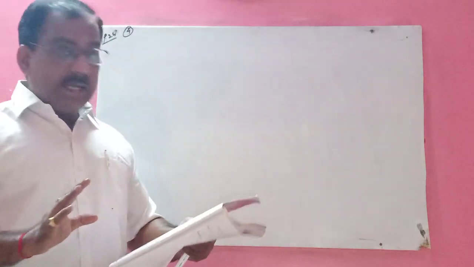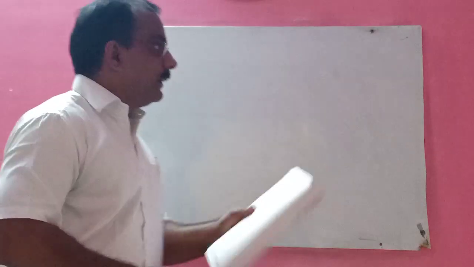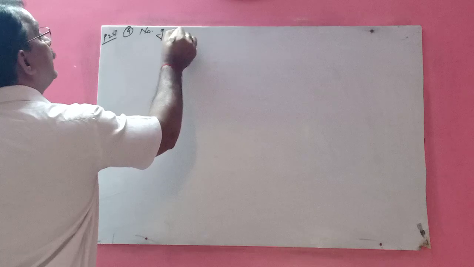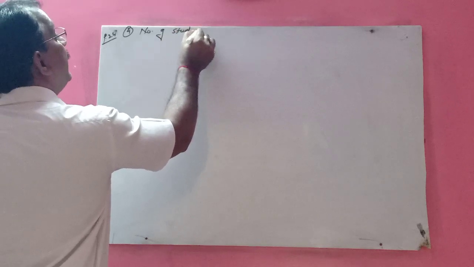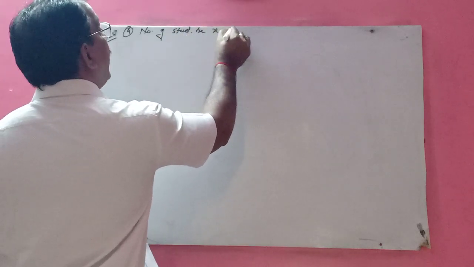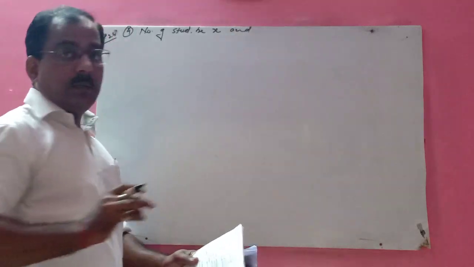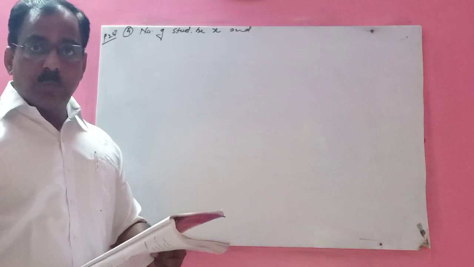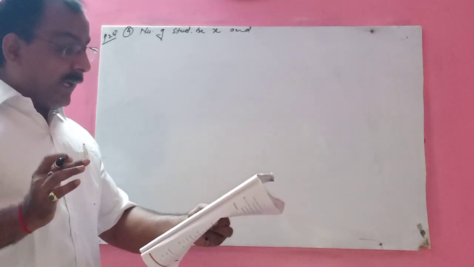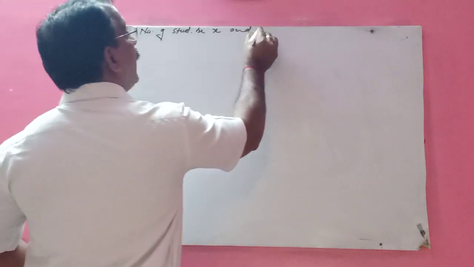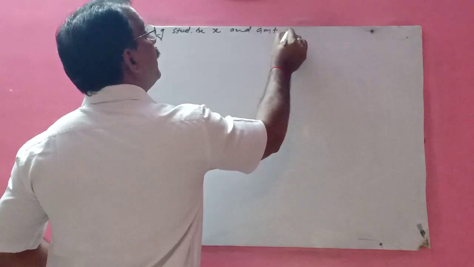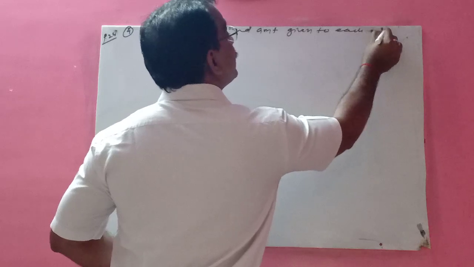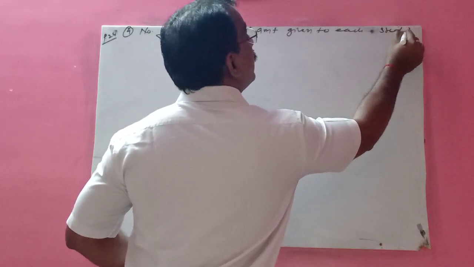Let the number of students be x, and let y be the amount distributed equally to each student. So the amount given to each student is